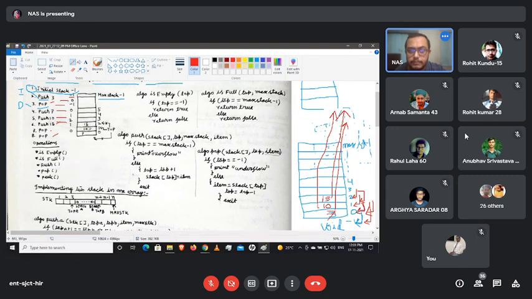These 3 positions are occupied, so the next insertion will occur here. But here we are using the pop operation, so from 2 it will be popped out. After the first pop, the position will be 1, and again we are popping out 10. After this pop, 10 will be moved out from there. So the pointer will be pointing at 0, because if we want an insert operation, it will occur at 1. If we want to use the pop operation, it will occur at this particular place, this one will be popped out, and then the pointer will come to the -1 place.